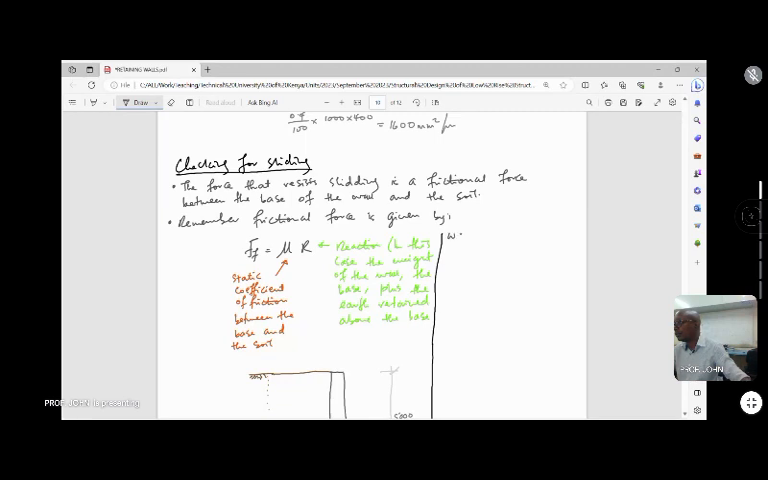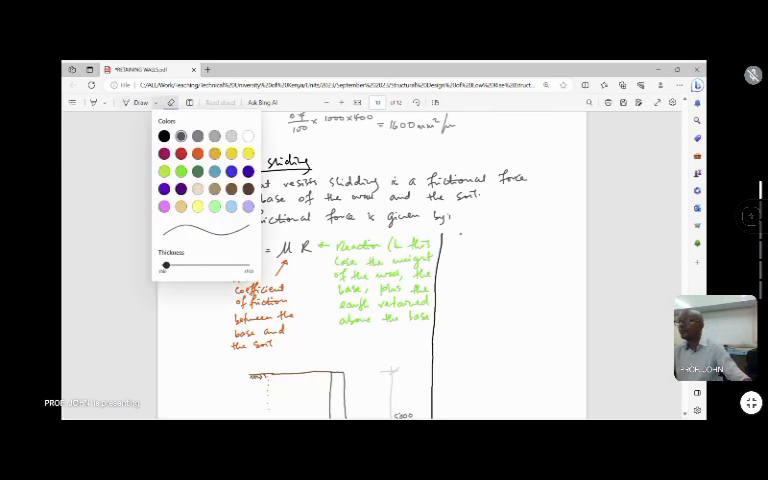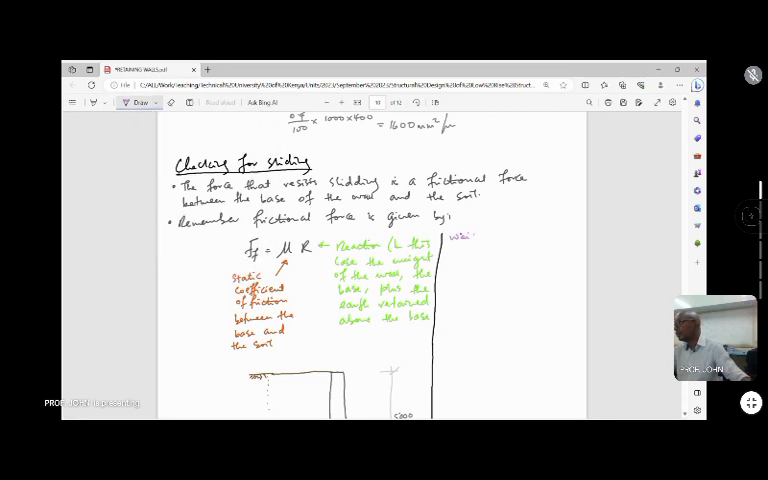So, weights, in a different color. Weights contributing to the reaction are: weight of wall,